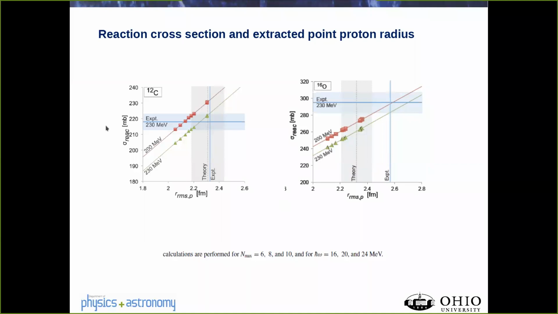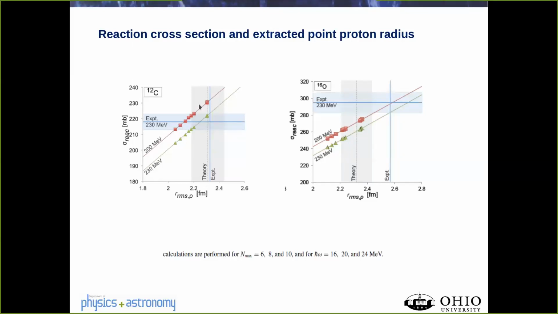Basically, there were reaction cross sections at 230 MeV. There are not that many experimental data out. We felt comfortable calculating at 230 MeV for both nuclei. What we are seeing here is a 200 and 230 MeV calculation. Here we performed it at Nmax 6, Nmax 8, and Nmax 10 for different ħω. And the lines show the calculated point proton radius versus the calculated reaction cross section,